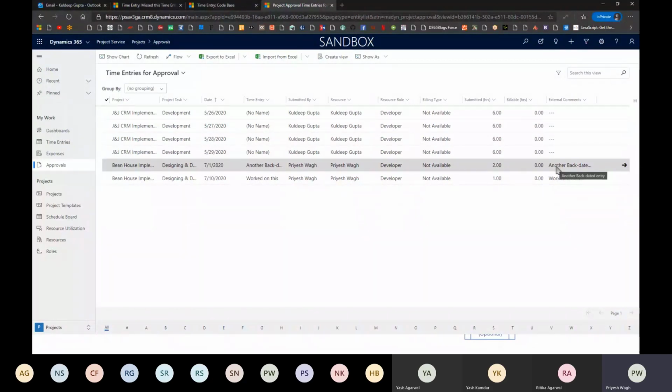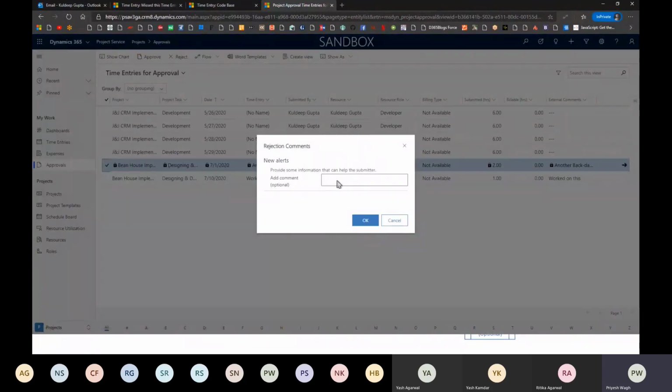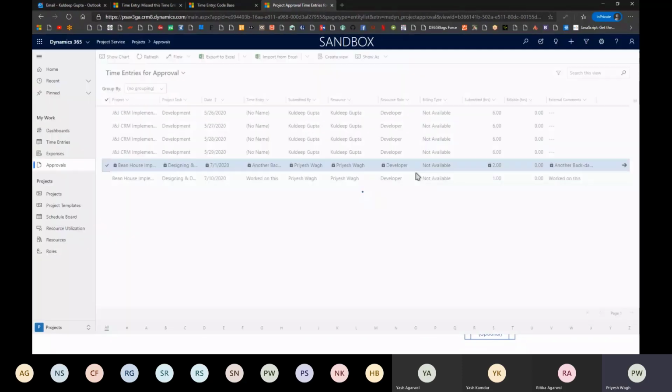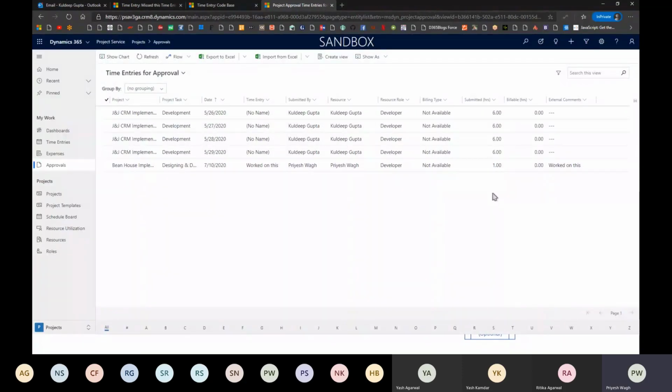If it has any number of hours, those will be accounted to a project. But say there's a time entry which doesn't need to be approved, he needs to reject it. So he can select it like this and click on reject. He could enter some optional comment, like this won't work, and he will just reject a certain time entry like this, right? And then that won't be accounted for. So this is the process, the out of the box standard process followed in PSA inside Dynamics.